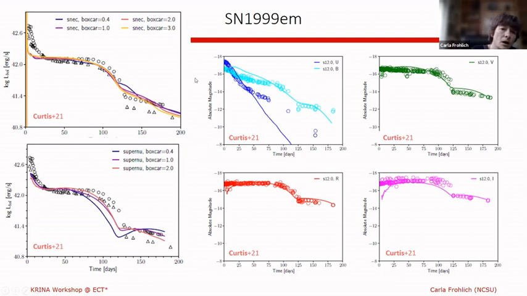On the left, we show bolometric light curves from 2 different codes. So the top is from the SNEC code, which is just radiation transport and does bolometric light curves. The bottom light curve is a bolometric light curve from the Monte Carlo radiation transport code SuperNu. So the 2 codes for the same model predict slightly different bolometric light curves, as you can see in the shape of the lines versus the data points, which are the same in both plots.